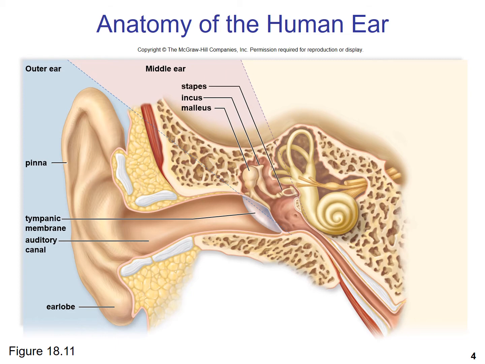The final one is called the stapes, and if you turn your head to the side and look at this, the stapes looks like a stirrup, and so stapes is actually the Latin name for stirrup. And so hammer, anvil, and stirrup are actually the common names for these ear bones.